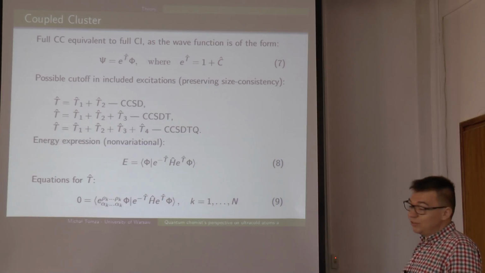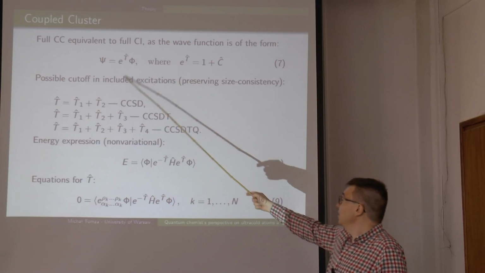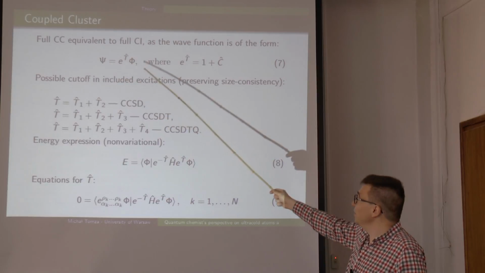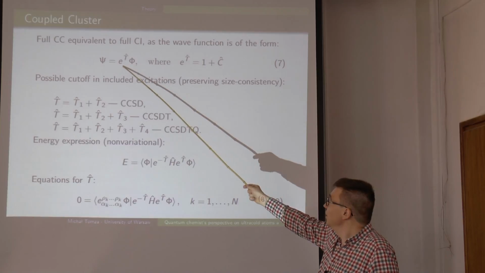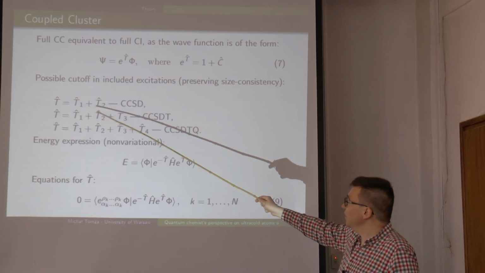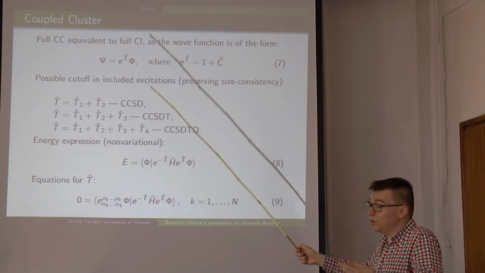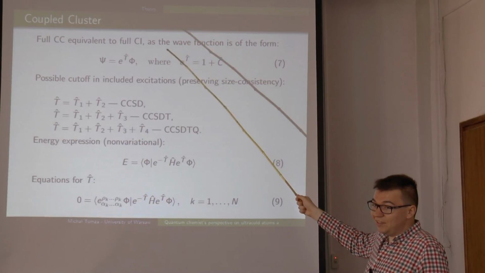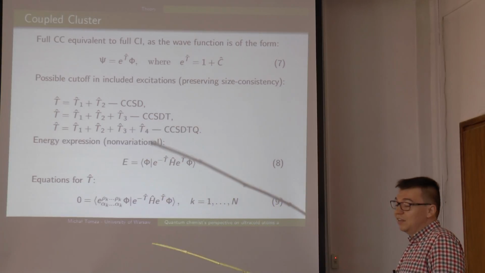And the solution for this, for example, is the coupled cluster method. The coupled cluster method is the method where we present the total wave function in the form with the exponential excitation operator. So again, our reference is the Hartree-Fock mean field solution, and we apply this kind of excitation operator where T is the sum of the single excitation, double excitation, and so on, and we can truncate this method at some level. And of course, the higher we truncate it, the worse the method will scale with the number of